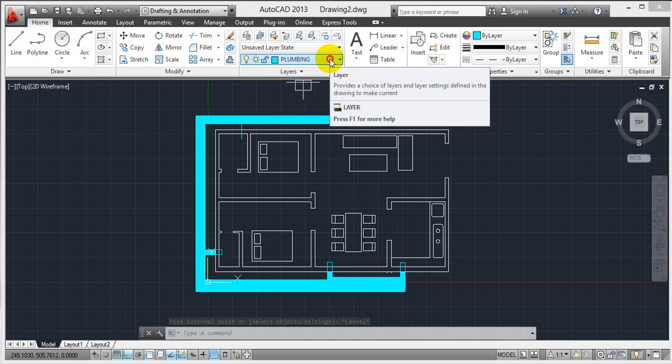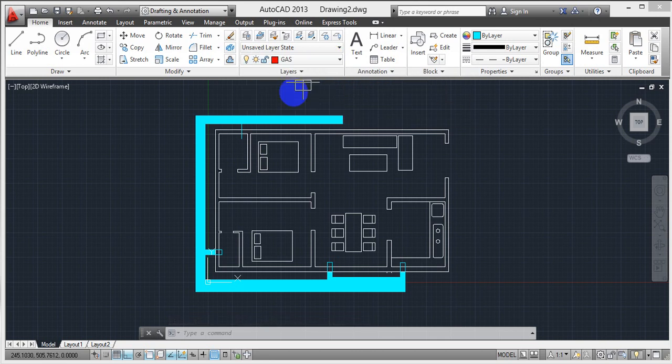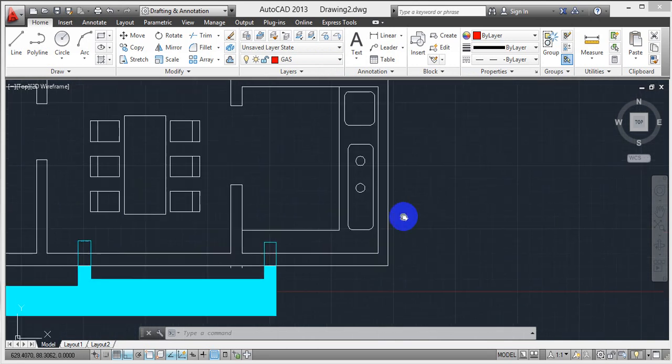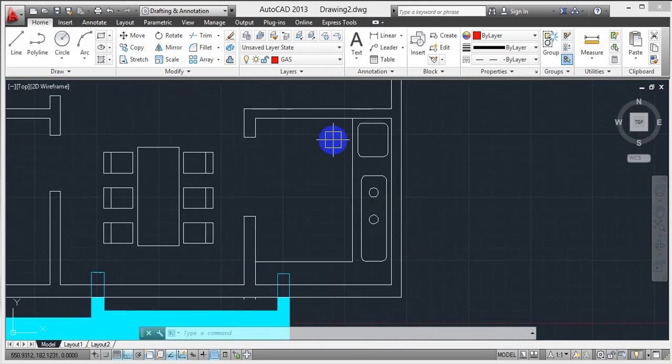So now after completing plumbing I am going for gas. Gas means only a single place where we will use, that is kitchen. So I'll enter again. Gas line type I am selecting here from the same center axis. Again another one.